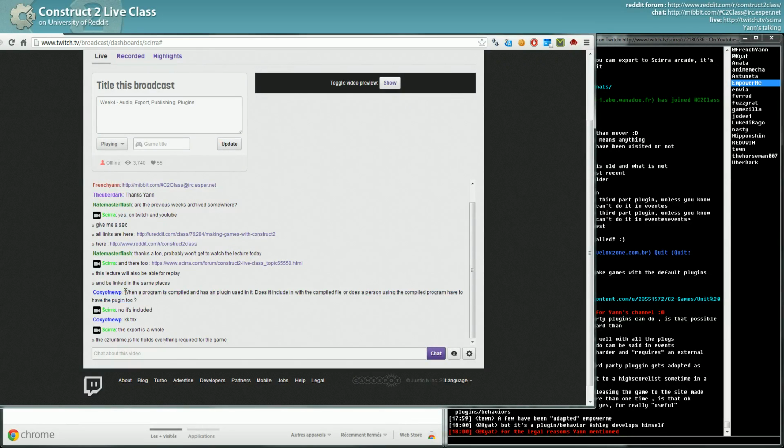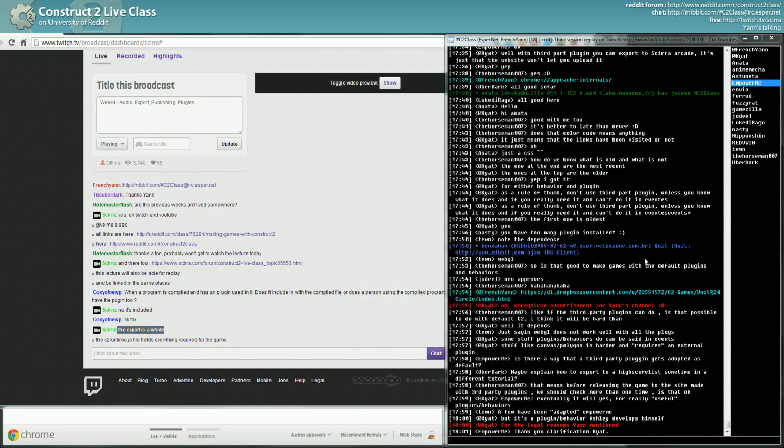But it's not included. Third-party plugins aren't included with the default C2. Well, exactly this. Included, it's compiled with it. Okay, so